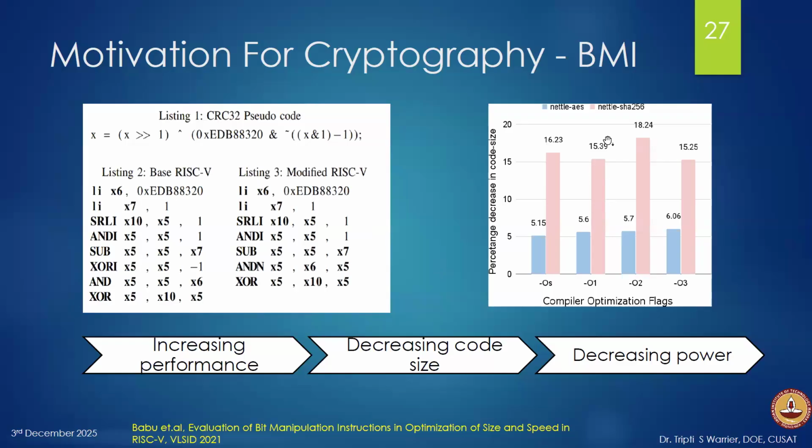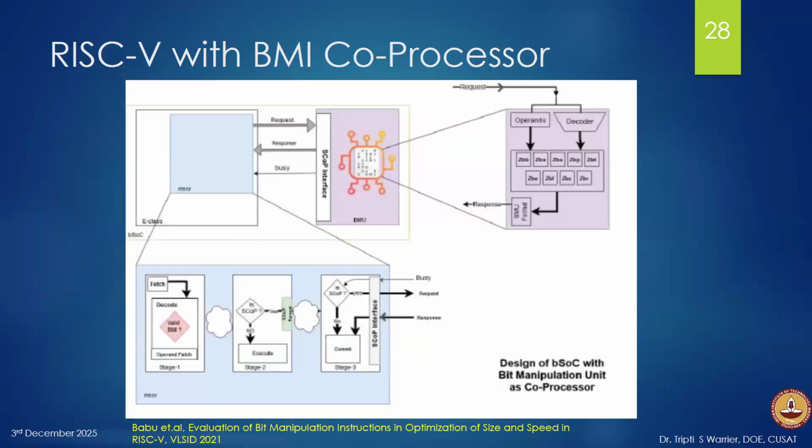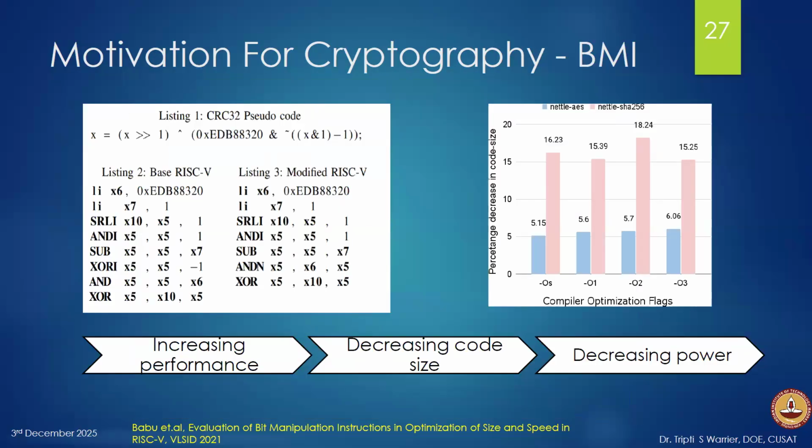On the right-hand side, we are showing you the code size for SHA and AES, using the GCC compiler with bit manipulation support and different optimizations. The decrease in code size with respect to the base instruction set is shown here. A 5% decrease is there for AES on average, and a 16% decrease is there for SHA, for bit manipulation. If you use bit manipulation, there is an improvement in performance for this application, is what I have tried to show here. So based on this finding,